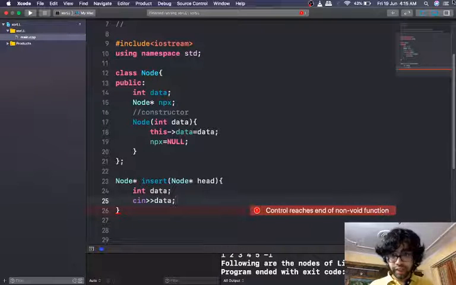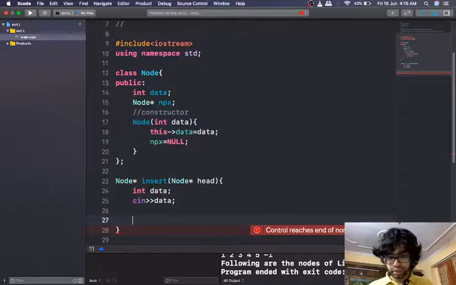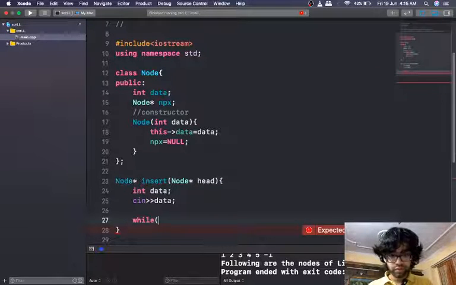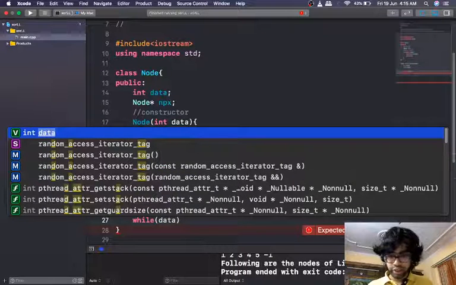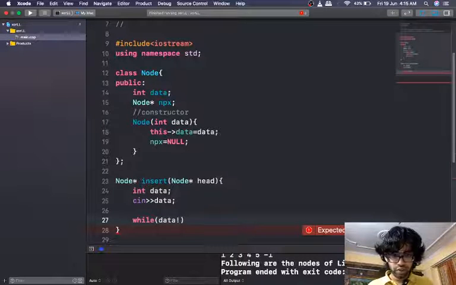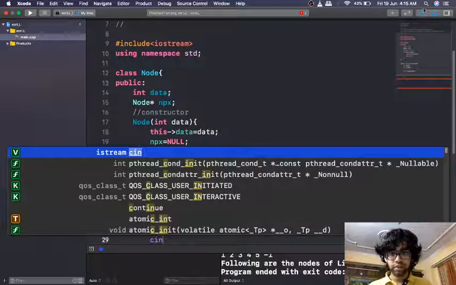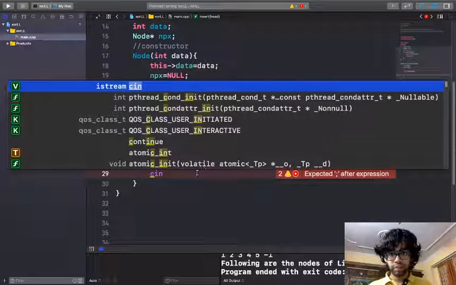So we will take input from the user in a loop. Let's create a loop while data is not equal to -1. We will keep on taking input from the user.